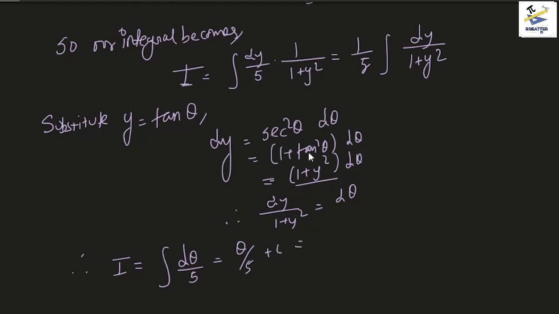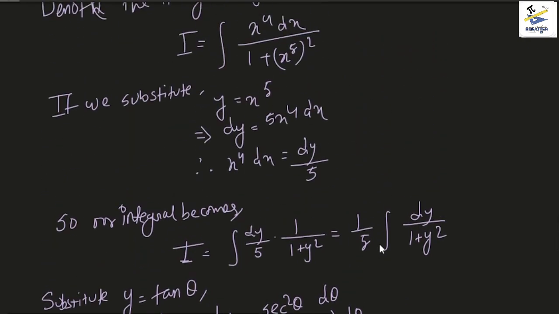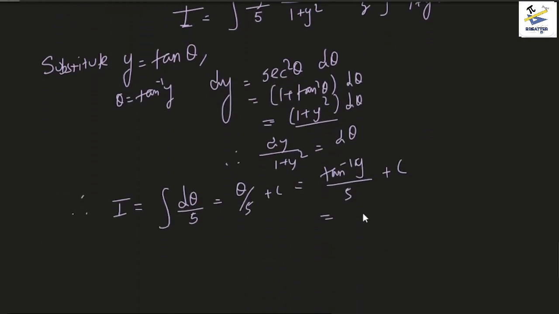But theta, as you know, if y is tan theta, then theta would be tan inverse y. Then the answer would be tan inverse y by 5 plus c. But we also need to put back the value of y, which we substituted as x to the power 5. So the answer would be tan inverse x to the power 5 whole divided by 5 plus c, which is our answer, right? Okay,